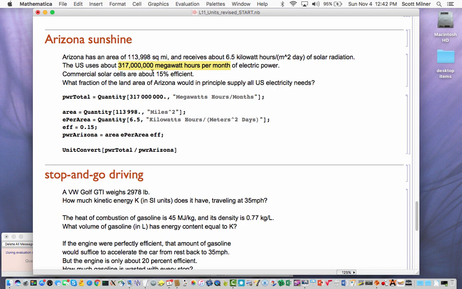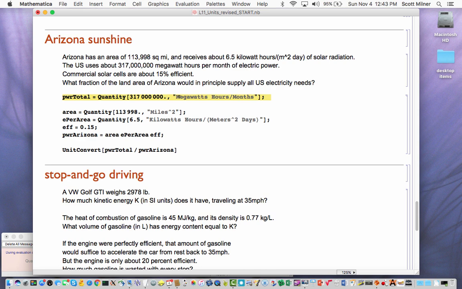And commercial solar cells are about 15% efficient in turning solar radiation into electricity. So the question is, how much of all of Arizona would you have to cover with solar panels to, in principle, issues of storage and transportation aside, supply all U.S. electricity needs? So those needs are